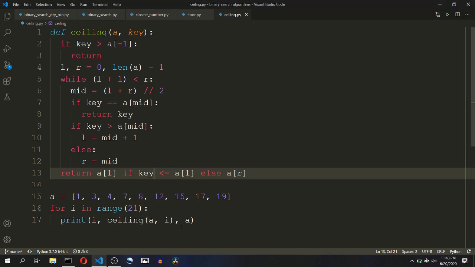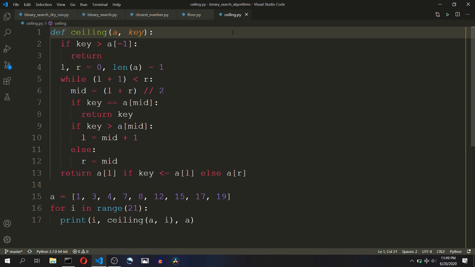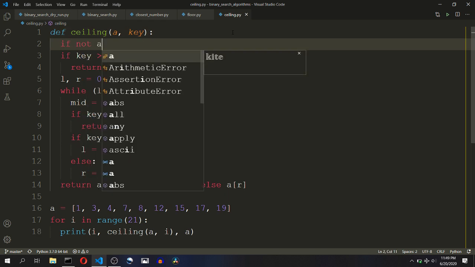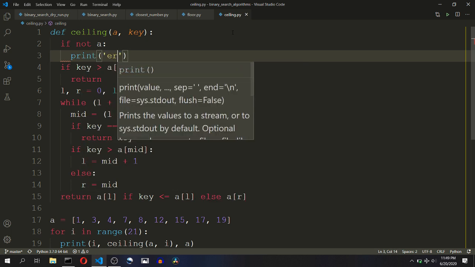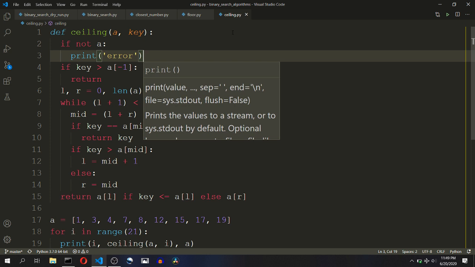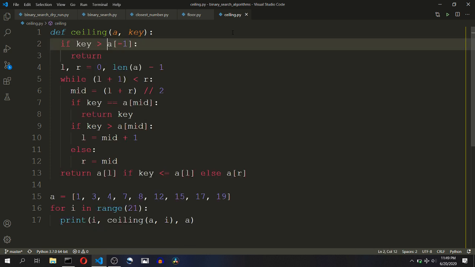Here in these three functions I have assumed that there will be at least one element present in the array. You can add condition at the start like this, that is if the array is empty we will return a special value or print error or something like that, but I have assumed that the input array will always take at least one value in it, so you can change your code as per your constraints.